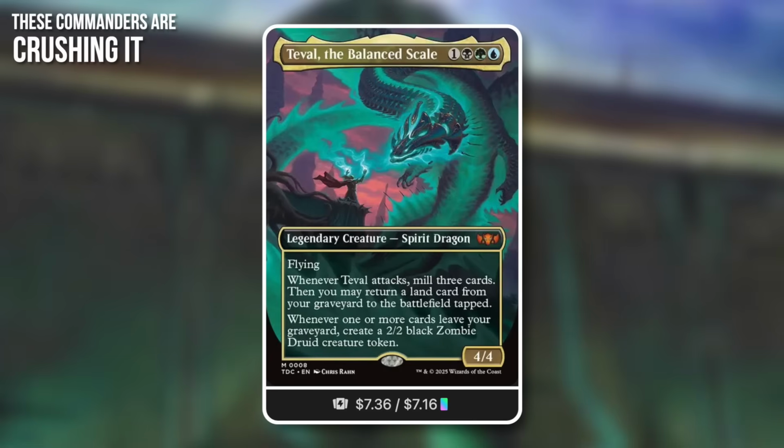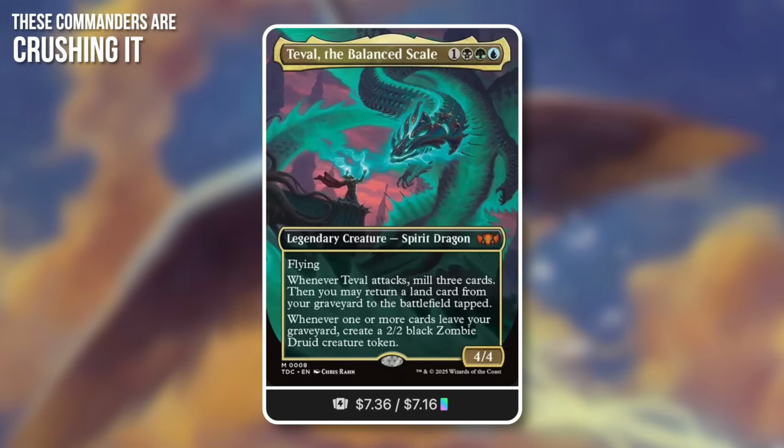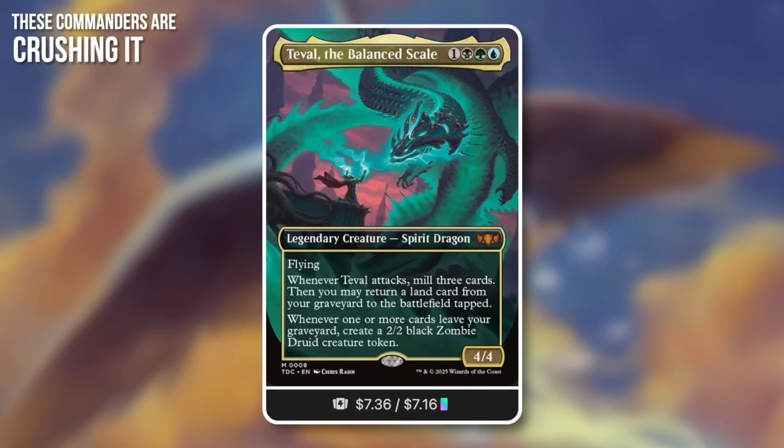This is basically like repeat mill, repeat ramp. I guess it's like, return a land card. There has to be a land in your graveyard. If you just have like 1 Evolving Wilds, you got it for the rest of the game. You just basically get an extra ramp every single turn. On top of that, you just keep getting more and more and more Zombie Druids, which is so much fun